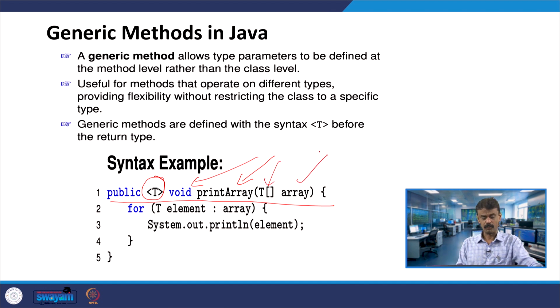So, now you have the for loop. You take T element, that means the base address of an array and the base address of an element will be the same now, right. In the case of the identity hash map, in Java it is identityHashMap. The identity hash map of array and identity hash map of element is the same now. So, when you are printing the complete array, that is the meaning over here. System.out.println element, when you print, right. So, you have to get the complete array, right.